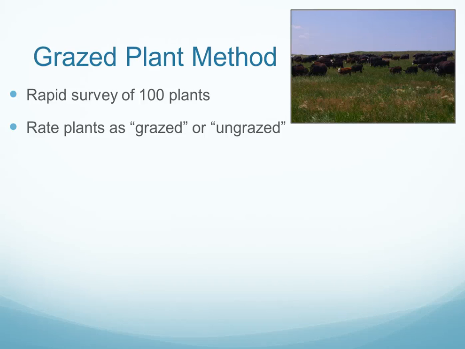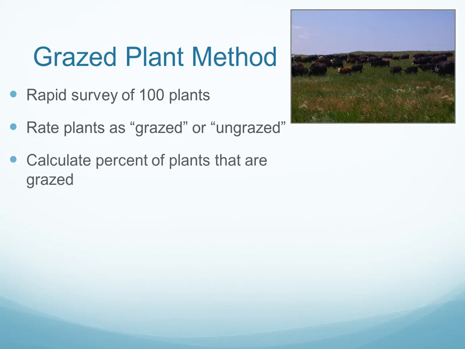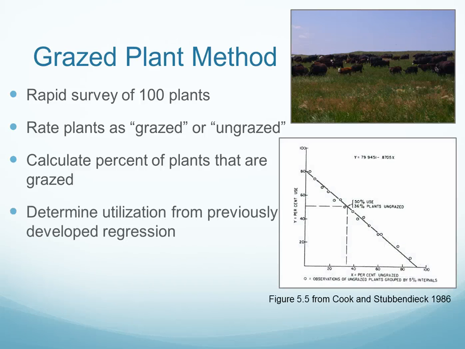This is an easy method to employ that uses a rapid survey, usually of 100 plants, and in this case, instead of trying to determine the amount of grazing that has been done, we simply rate plants as being either grazed or ungrazed. One of the major assumptions is that usually the stocking is fairly light and that plants have not been regrazed. We calculate the percent of plants that are grazed, and we also need to have a regression